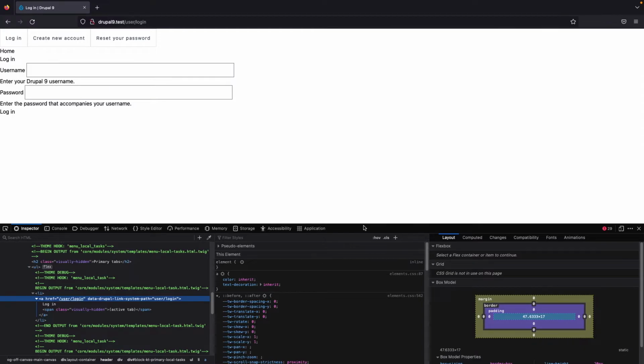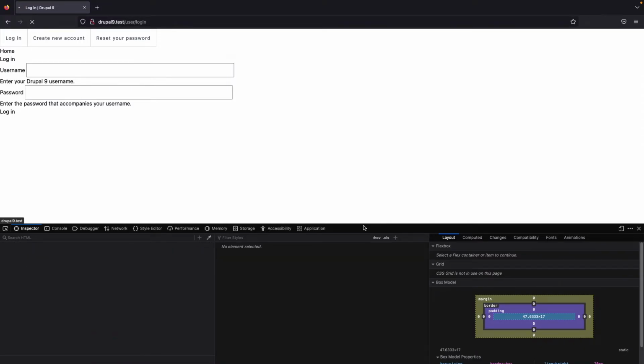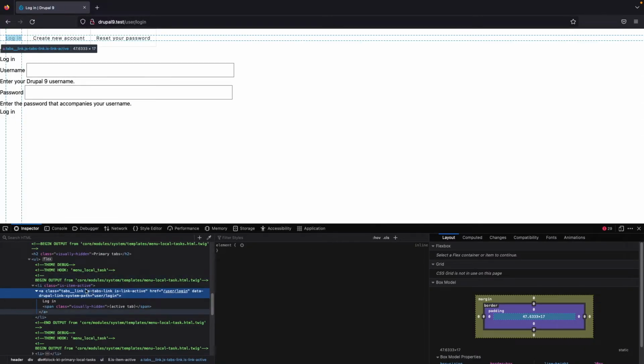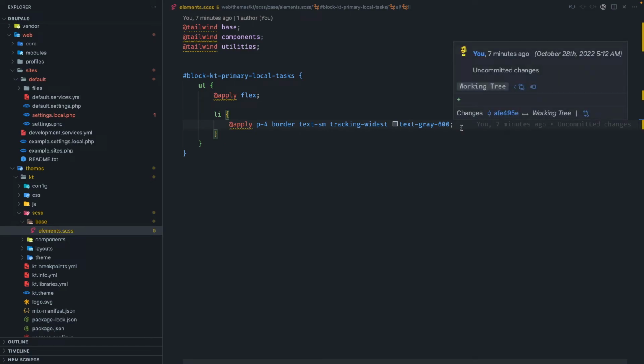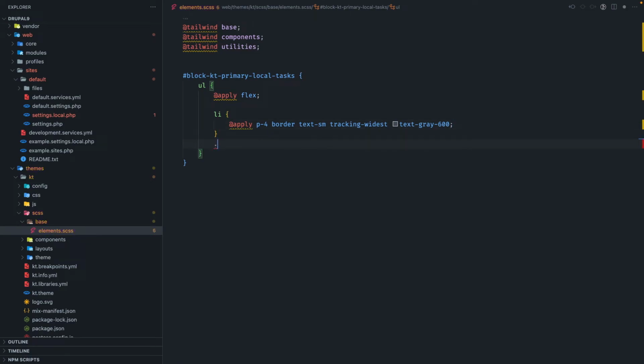Now go to your browser and refresh this page. You can see here the active classes now are appearing on these elements. Now we can use these classes and identify the active element and apply the CSS accordingly. Now go to your code editor, go to the elements.scss file, and in here we need to use the isItemActive class to apply our changes